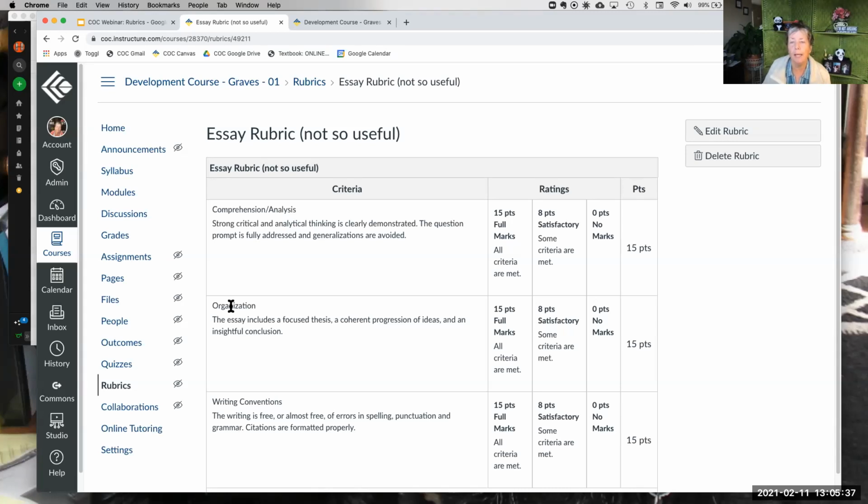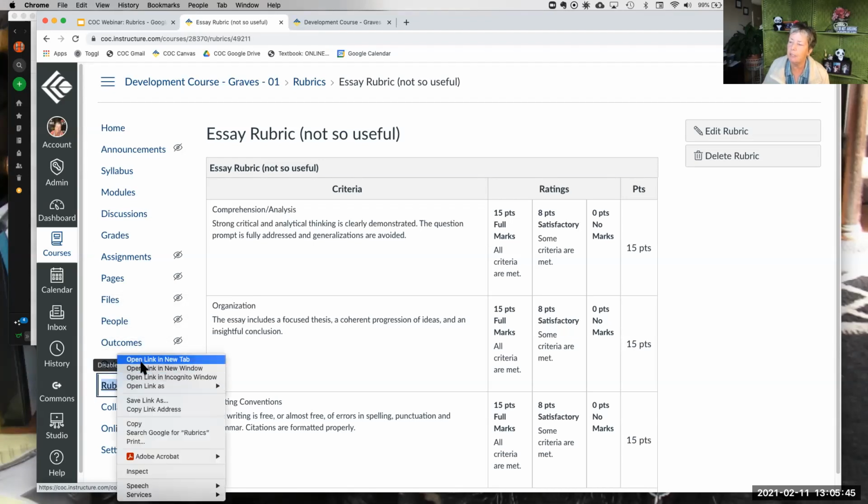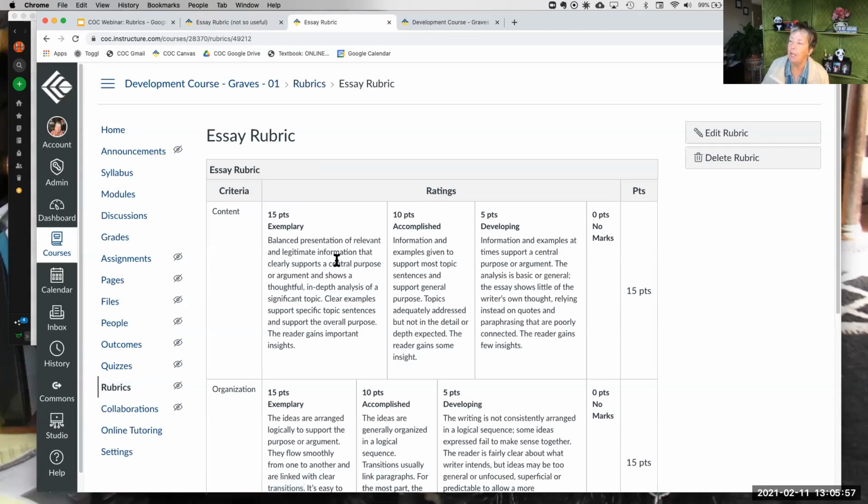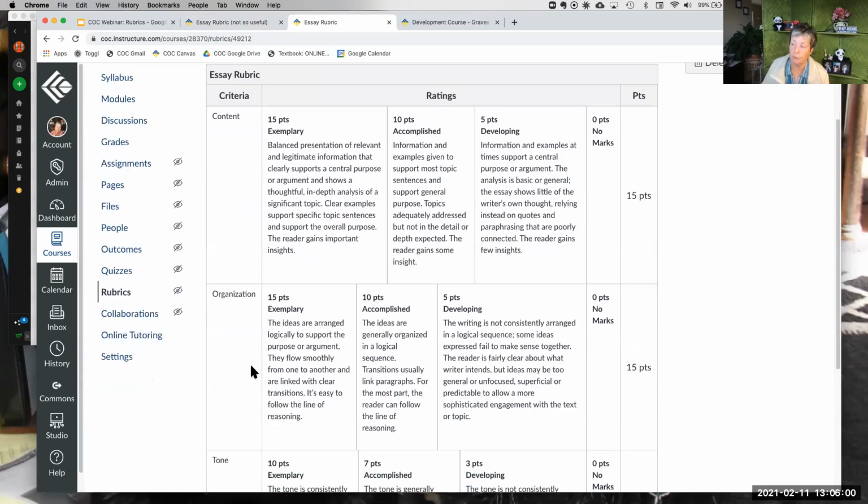A more useful way of setting up a rubric is to stay kind of big picture. And basically, in the criteria category, you're just identifying the category. And so let me show you, where did it go? Here it is, a different one. So we've still got separate categories, but you can see the criteria is just kind of the title of the category. And then over in the ratings is where I've gotten very descriptive.